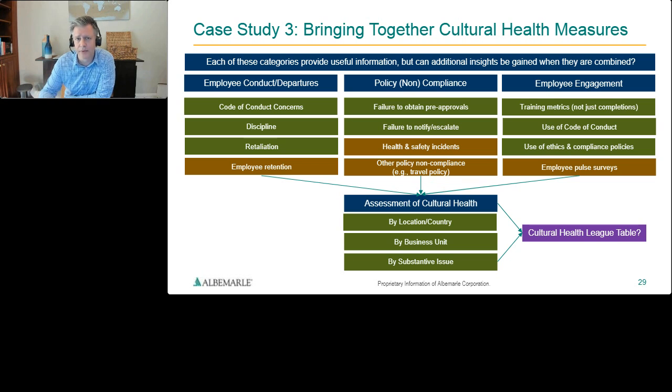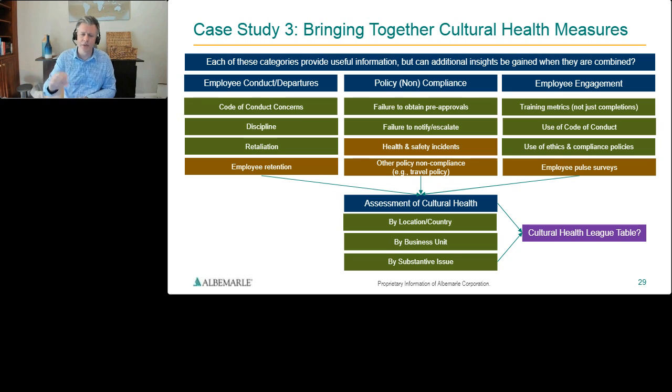And there are other examples of policy non-compliance that may serve as some sort of proxy for how a particular team, business unit, or location are faring. How employees are engaging at a location with the code of conduct or particular policies. Combining that objective data then with more subjective employee pulse survey data, each of those data will tell one particular story. But is there a way of bringing that information together using the analytics tools that we now have,